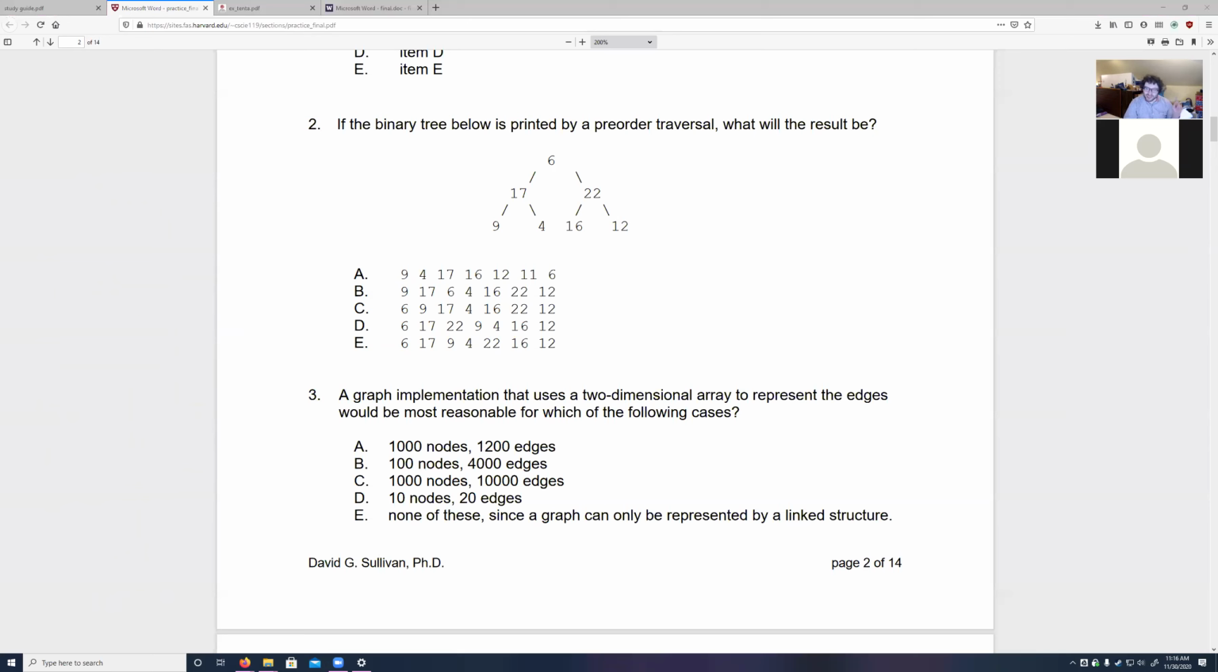I did cover it in the videos. I don't remember exactly, but it had to do with a sparse graph versus a dense graph. So the idea here is which is more